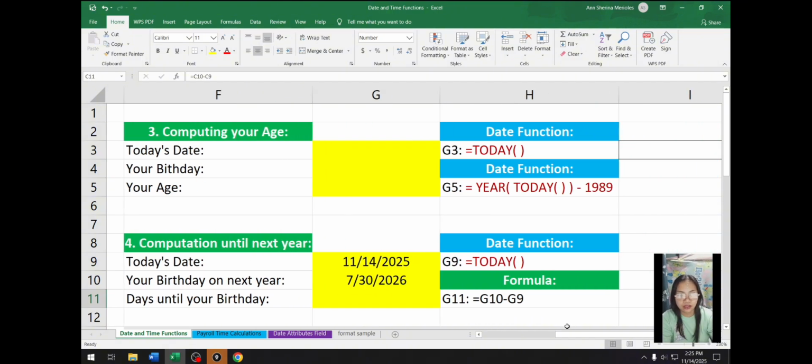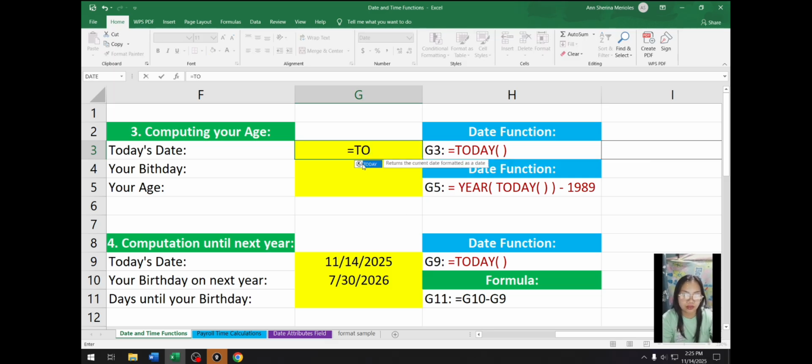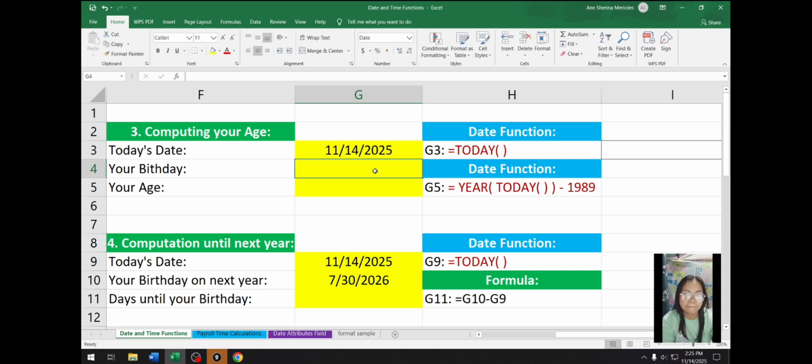Another example of date functions is how to get your age by using the TODAY function. You can enter or type your birthday. For example, my birthday is July 30, 1989.